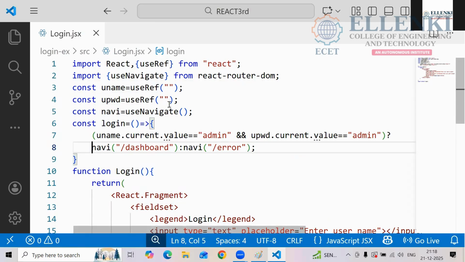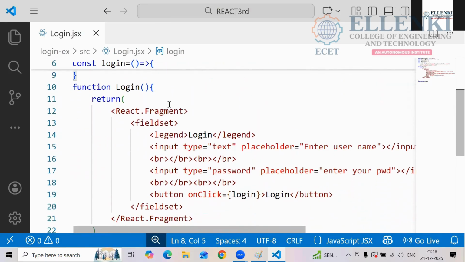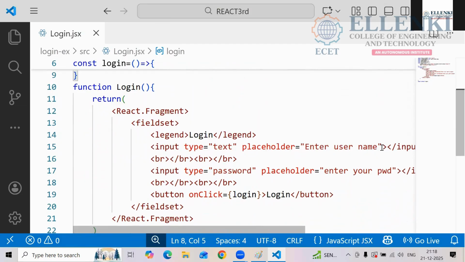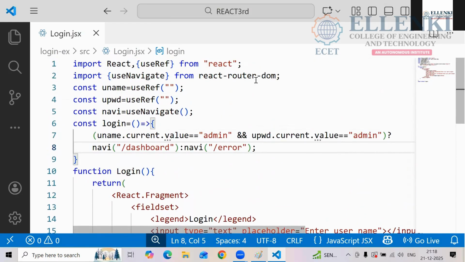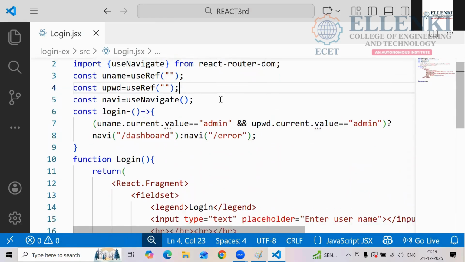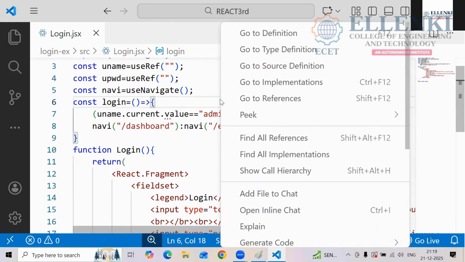cached. And to say that these are being cached, what do you have to do here? You have to give those references here, right? So whatever names are caught here, when admin enters, whatever the admin you are entering, that useRef will cache that data and put it into uname, right? So that name reference you have to give to your boxes. Yes or no? You have to tell those boxes, take the data from uname, take the data from upassword, right? So that one reference you have to give here.